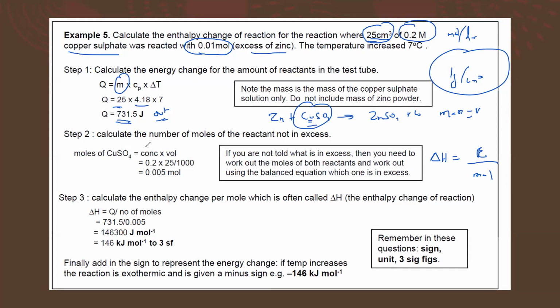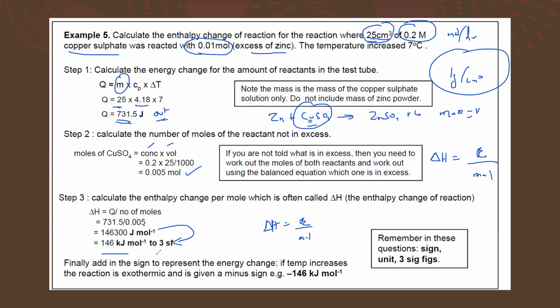How to get the moles of copper sulfate? Concentration into volume. Concentration is 0.2 and the volume is 25 cm cube, divided by 1000. So these are the moles of copper sulfate. Now to calculate the enthalpy change, that is the energy change, energy released or absorbed, divided by moles. So energy is 731.5 and the moles are 0.005. So we'll get 146,300 joule per mole. But better you should write your answer in kilojoules. So we divide by 1000. So it will be 146